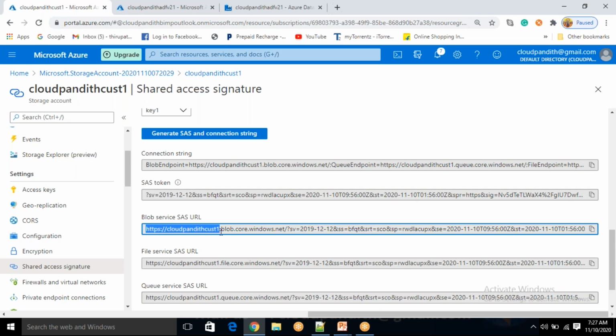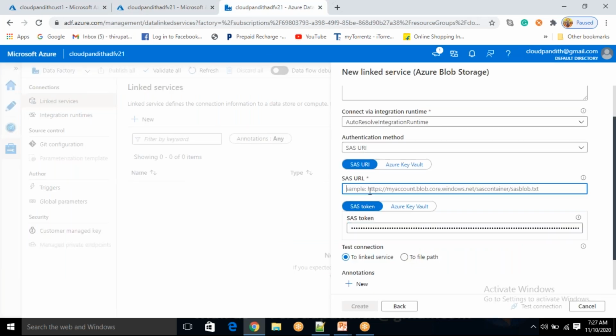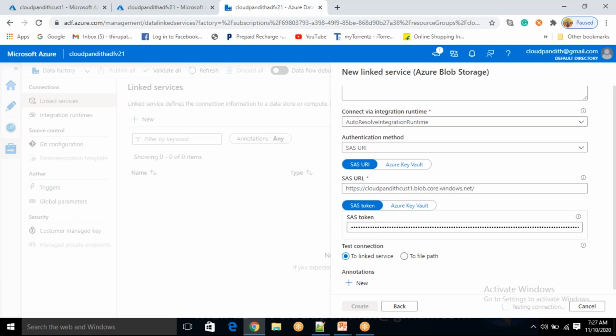This is the URL from here to here, .net. That's all. See here you have a lot of things, but just take up to here. Now come here, put that URL here. Okay, let's test the connection.